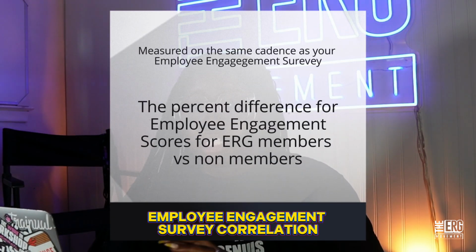Anyway, employee engagement survey results. Comparing those for ERG members versus non-ERG members. Seems like a good idea, and there are perks to it. This is a good indicator, but it could work either way. And I say that to say, let's say hypothetically, you could compare ERG members versus non-ERG members and see that ERG members ranked higher from an employee engagement score. And yes, that would be a win. It would be saying that people that are part of your ERG have a higher connection towards the company.